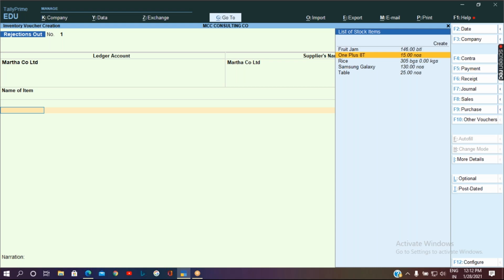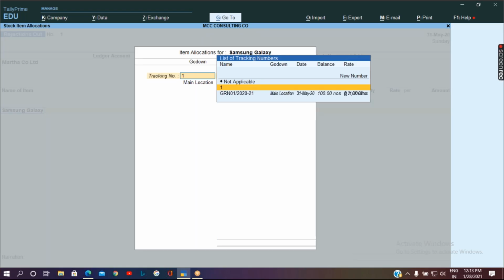We are not going to reject all the 100 pieces, we are going to reject only 5 pieces. But before selecting the quantity, you are supposed to select the same tracking number which was generated at the time of the receipt note entry. Do not generate a new number, otherwise there will be no link between this transaction and the earlier transactions.